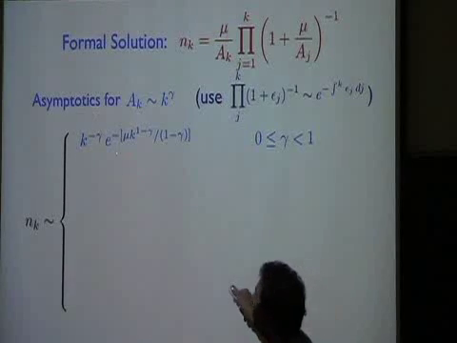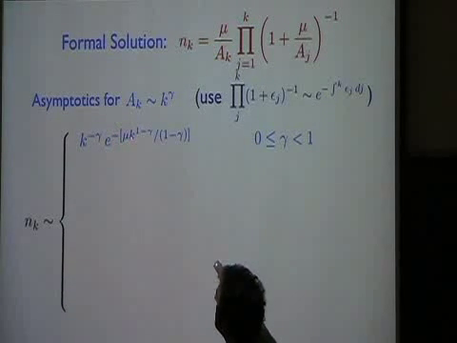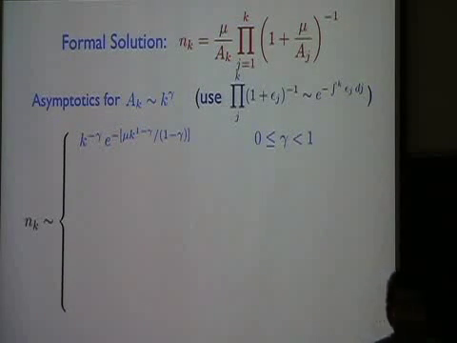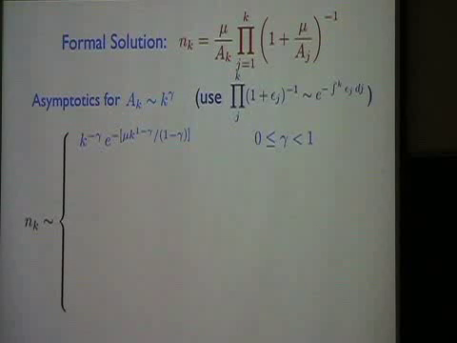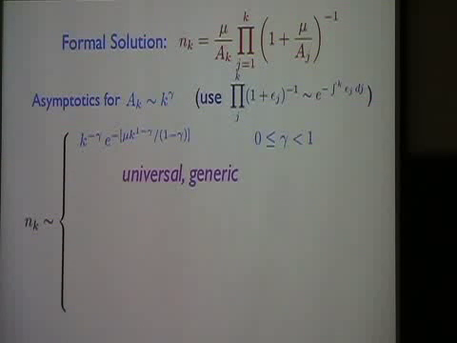The asymptotic part of this distribution that's interesting is e to the minus k to the 1 minus gamma power. So a fractional exponential. This stretched exponential behavior is what might be called the universal behavior of this model, because you get robust behavior, the same type of exponential decay, for every value of gamma between 0 and 1. So this is what I call universal or generic behavior of this model.